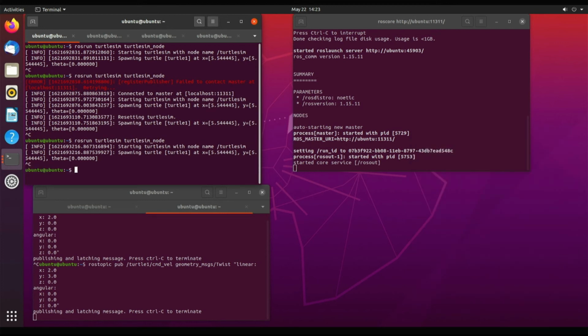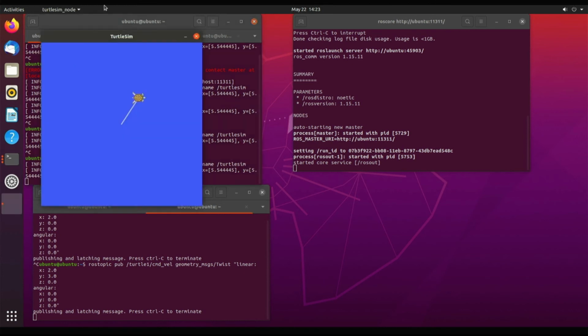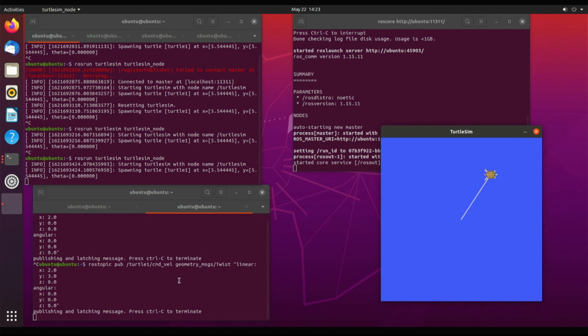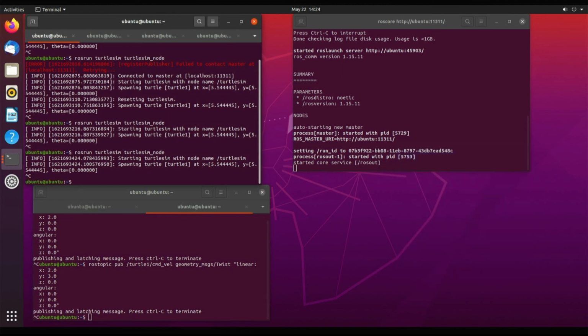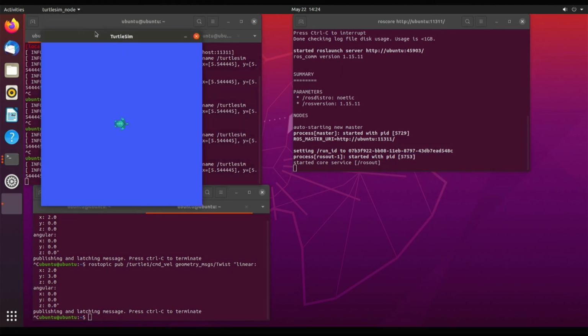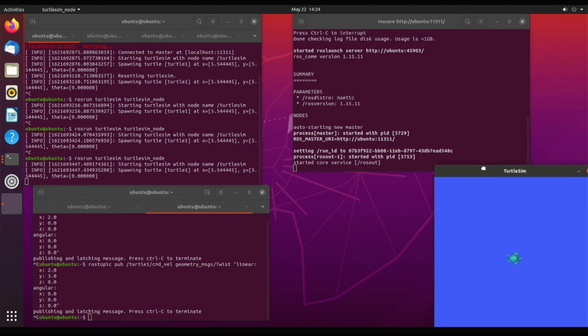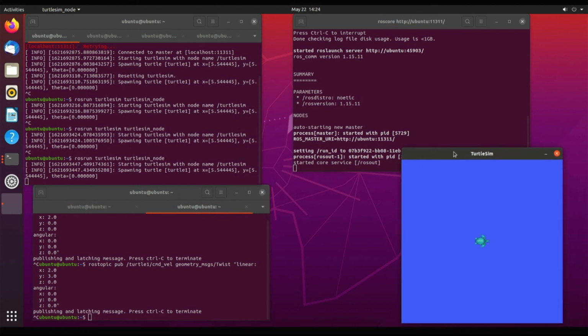I'll just stop the node and open again. Now we can test the turtle_teleop_key node. What it does is take the commands from our keyboard and move the turtle accordingly.